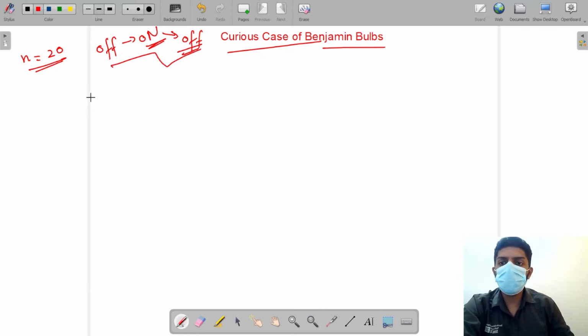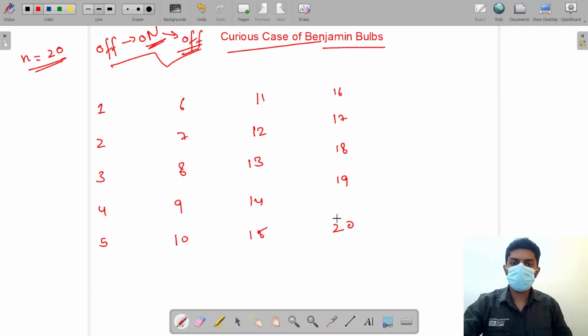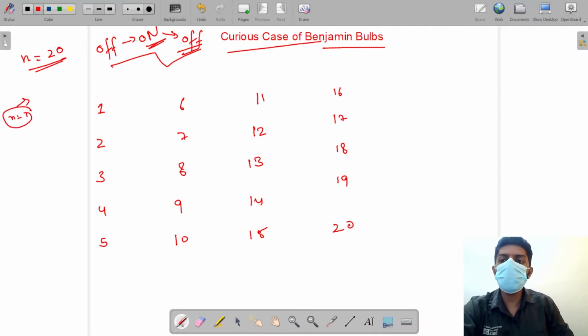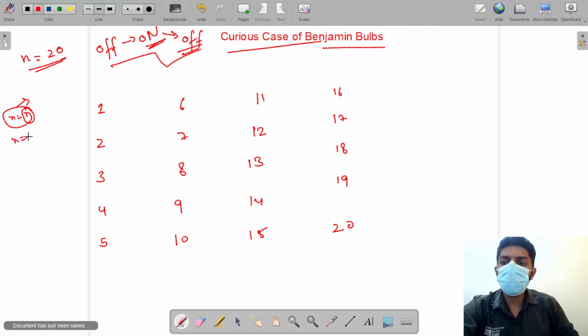Now we are given 20 bulbs, so let's write them down, right? One, two, three. Let me complete it. So these are all the bulbs. Now they are being toggled. That is, when I toggle for number one, suppose n equals 1, I toggle n times. So all the multiples of one are toggled. That is, every bulb will be toggled in the first case, right? For n equal to 2,